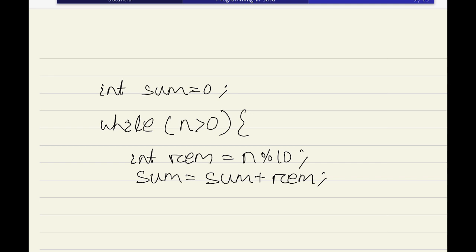Now update the value of n so that the loop continuation condition eventually becomes false, and the loop is going to terminate. So how to update this value of n? That is n equal to n divided by 10.